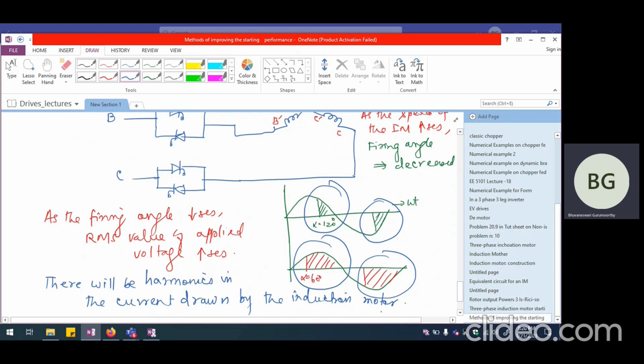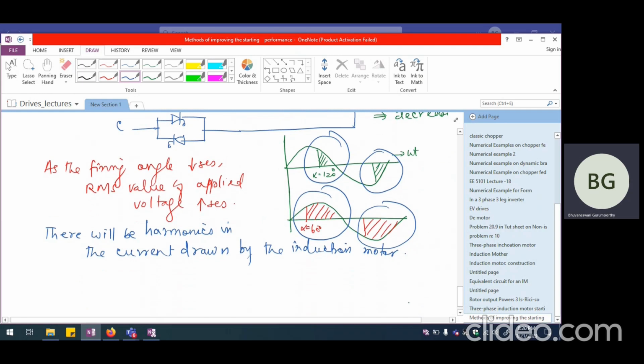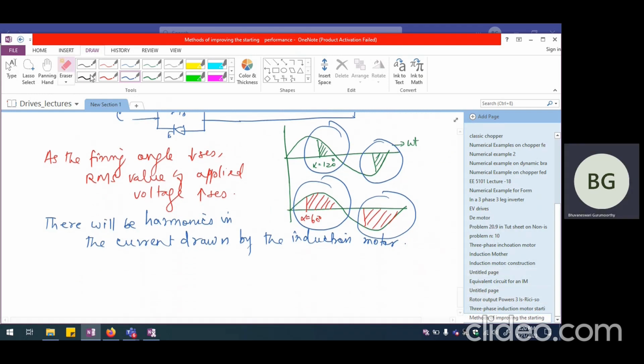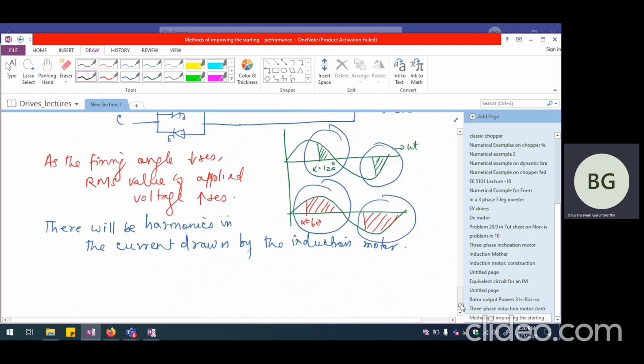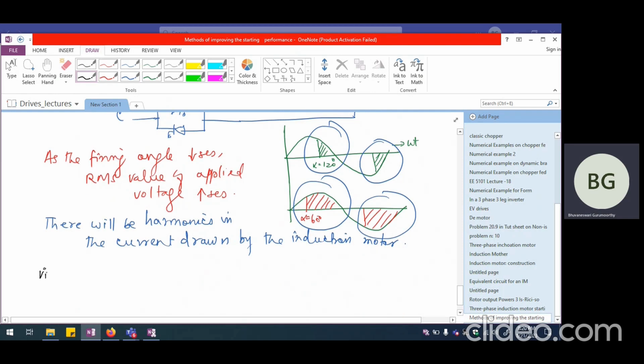And if you want to ensure that you don't have any voltage sag during starting condition, then soft start is one of the best methods that can be employed. Now, last but not the least, I'll talk about the final starting method, which corresponds to the wound rotor induction motor. So when you talk about starting of a wound rotor induction motor,